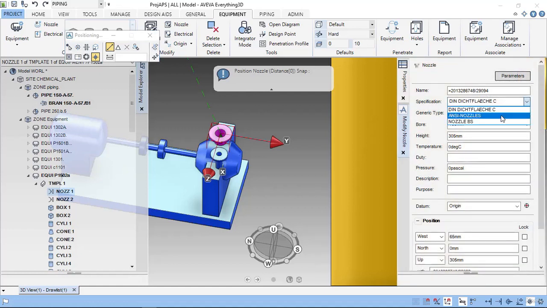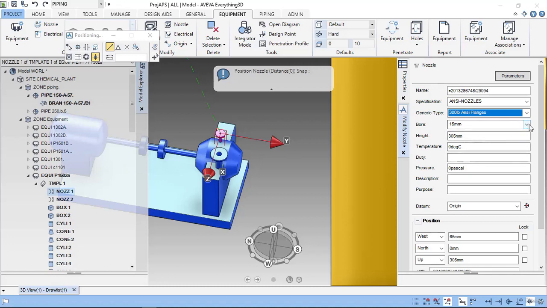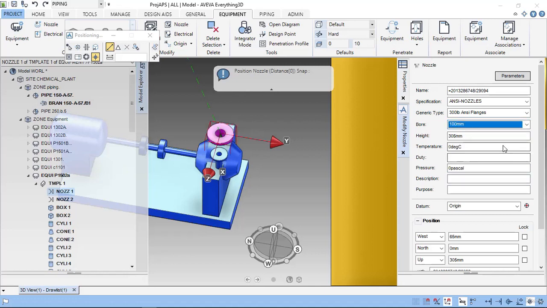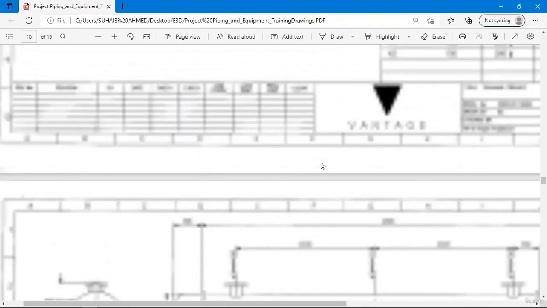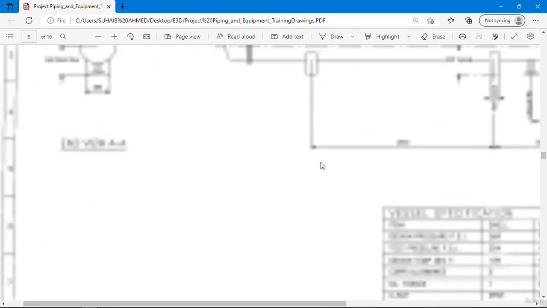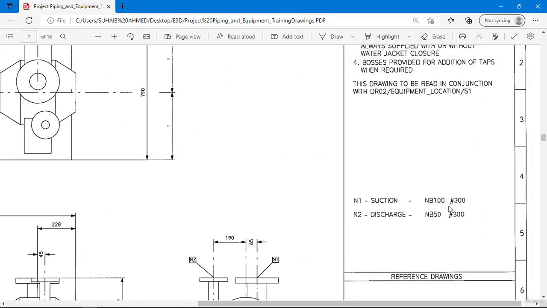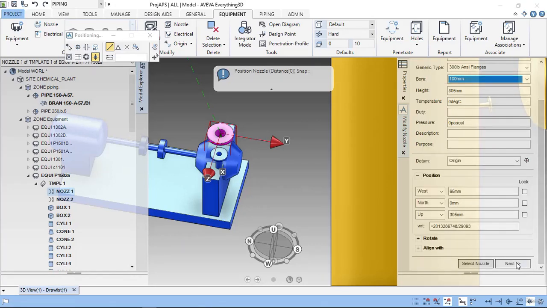See, this position changed. Flange nozzle rating is 300. Size is 100. Check N1 nozzle. N1 suction ND is 100. Discharge is 50. Next,